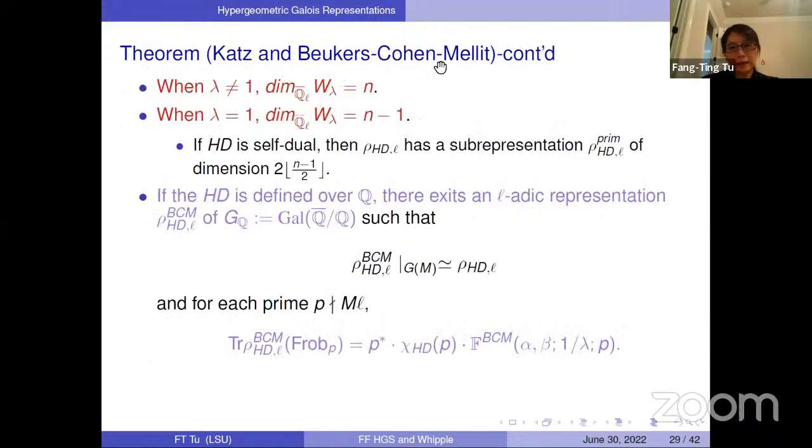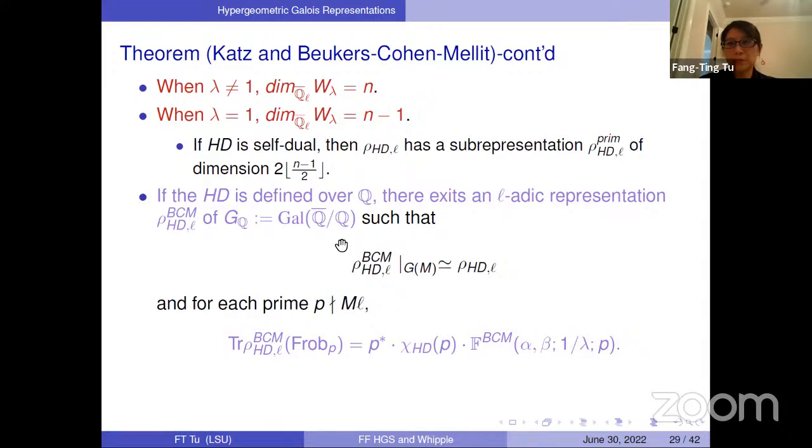So for generic lambda, the dimension is equal to the length of the multi-set alpha. When lambda equals 1, it is the singularity of the differential equation, so we have one dimension drop. So this is a degenerate case. And especially if the data is self-dual, then we have a prime part representation, which has a dimension this guy. And if the HD is defined over Q, so according to PCM, this representation can be